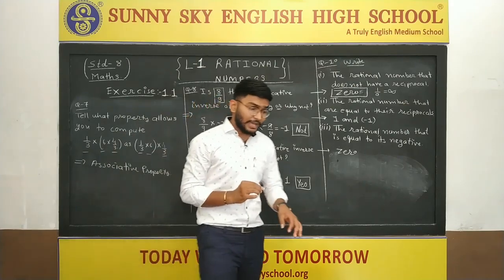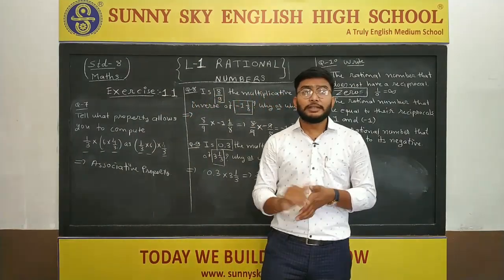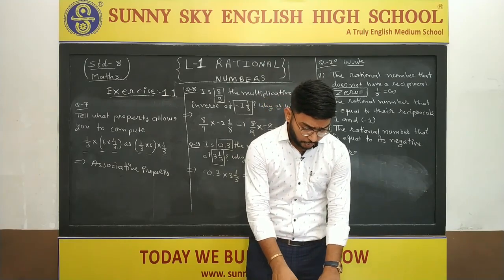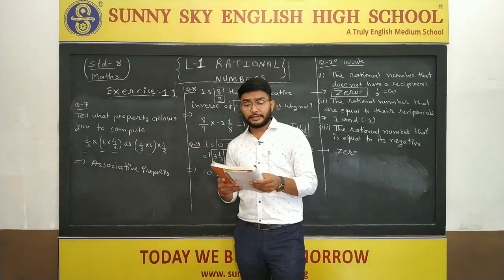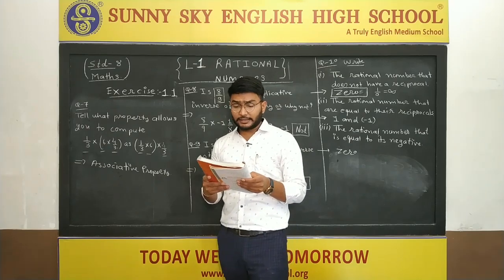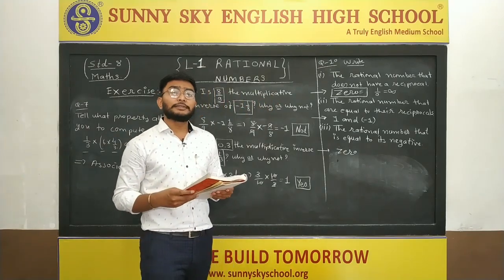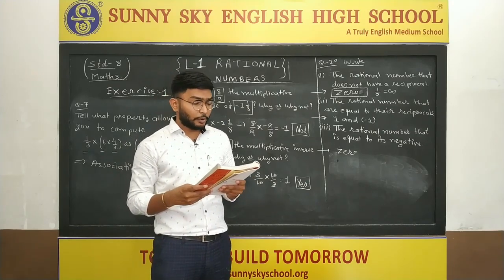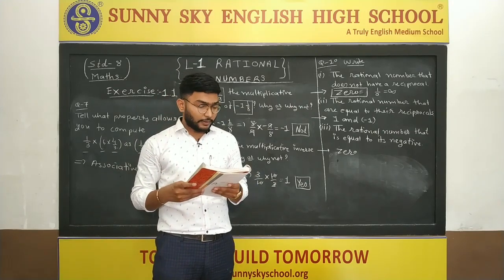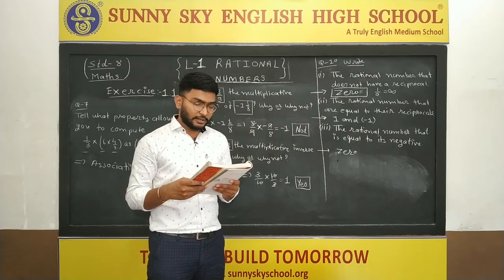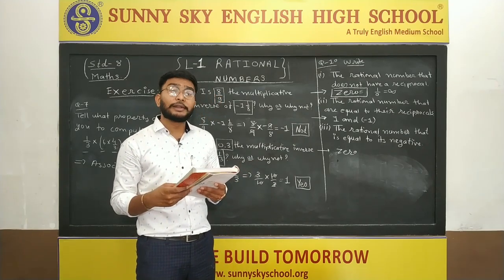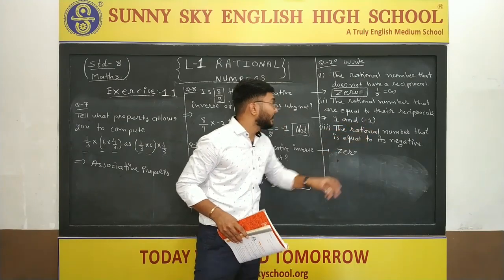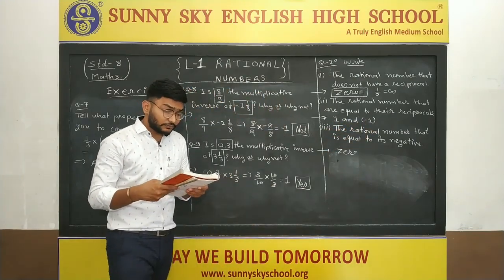Okay, now the last question, question number 11, it is blanks. Okay, we'll solve these questions. See, first blank: 0 has dash reciprocal. 0 has no reciprocal, because a reciprocal of 0 is not possible. Okay, second question: the numbers dash and dash are their own reciprocals. See, 1 and minus 1 are their own reciprocals.